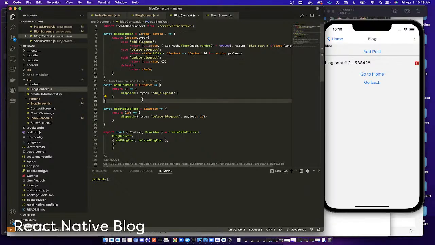So everything is all tied in with the dispatch. Like you see in the add blog post, we use dispatch, and what this does is it communicates what kind of action or what type of action that is, and we assign it to our blog reducer, and that blog reducer looks for whatever action needs to happen, and then it returns it back to the state. And I know it kind of doesn't make sense, but